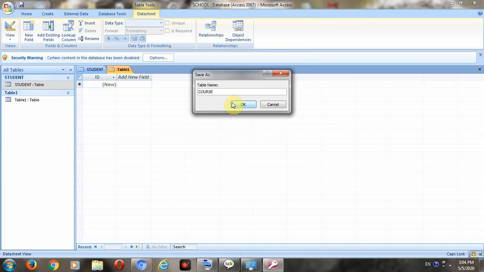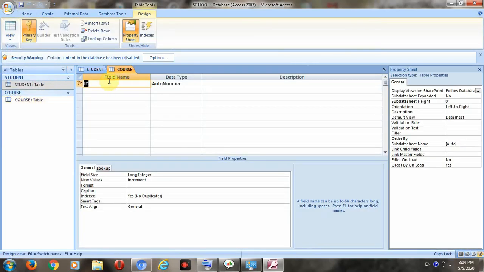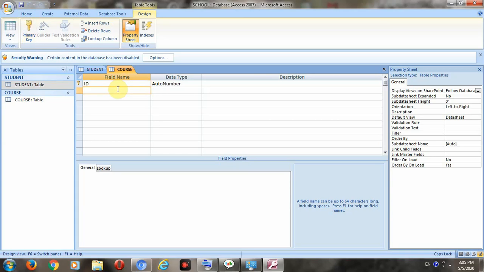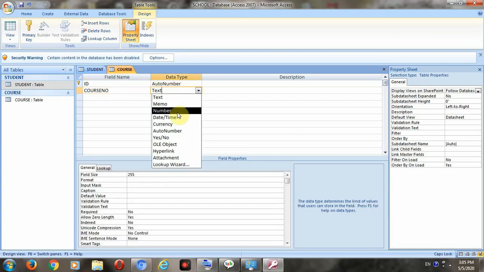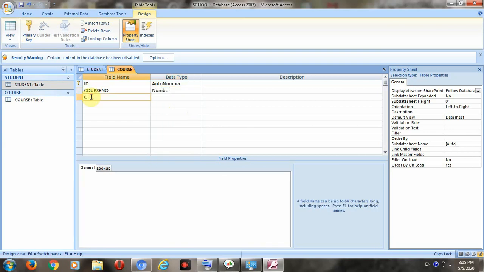For that I have to go to the design view. In design view, ID is there, whose data type is AutoNumber. I am giving another field name, course number, and its data type is number. Next one is course details.